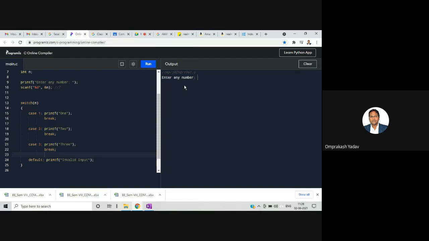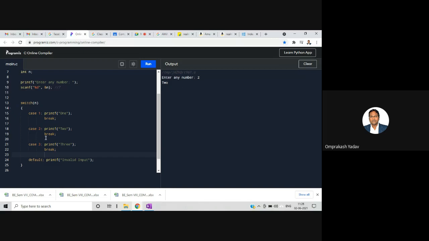Okay. Then let's say now if I enter 1, now if you see the output is only 1, right? So there is no free fall. It will not execute case 2 and case 3 because we have stopped it. One more time, if we run, let's say I enter 2, it will go to the second case.